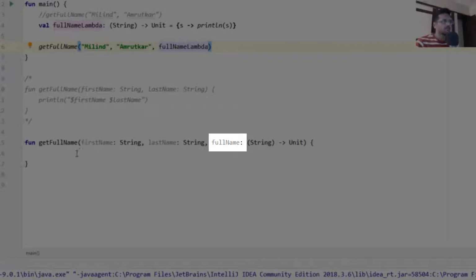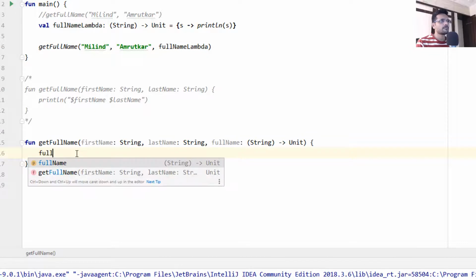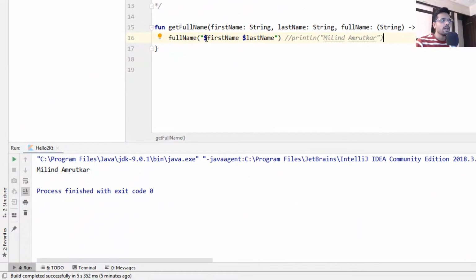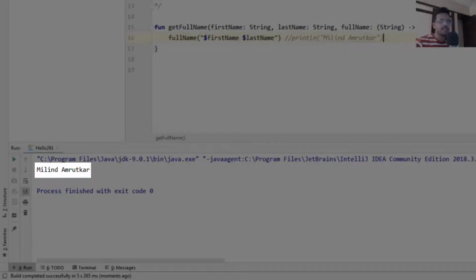So let's access it, and we'll pass our first name and last name to it. Now let's run it and see the output. And here we have got the same output similar to our normal function which we have seen earlier.